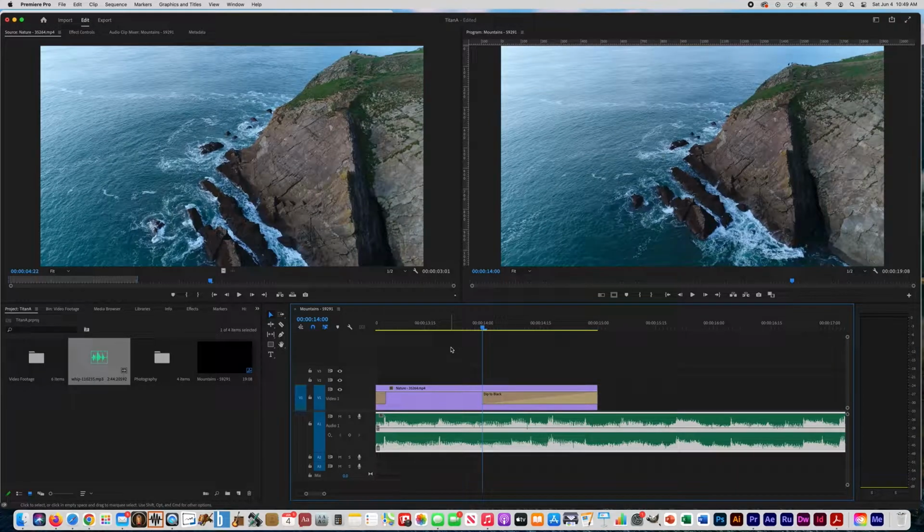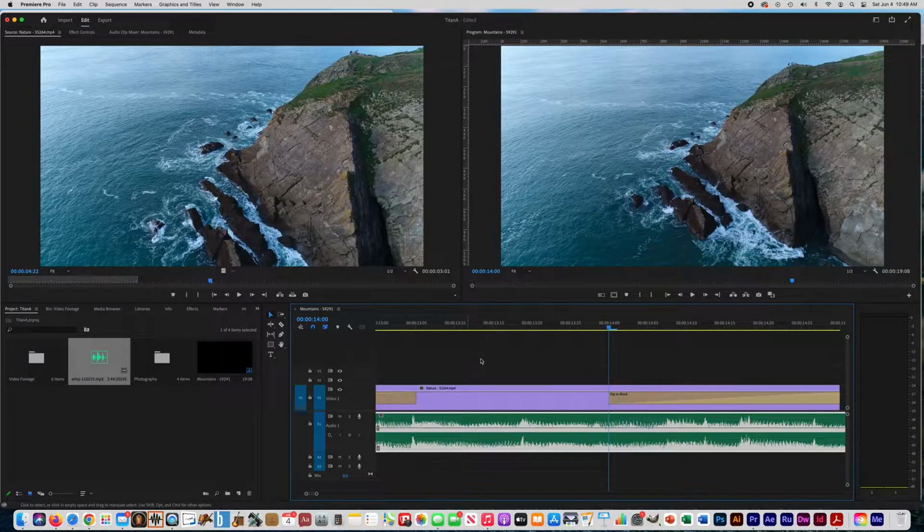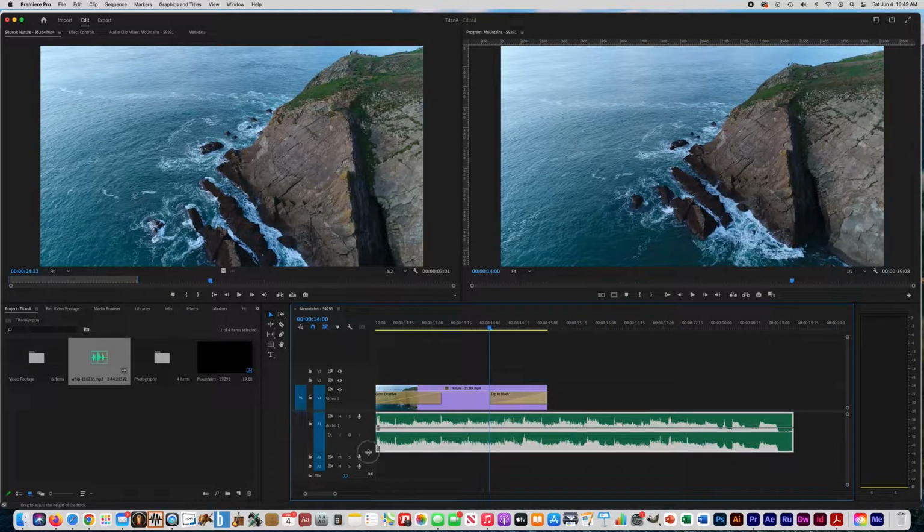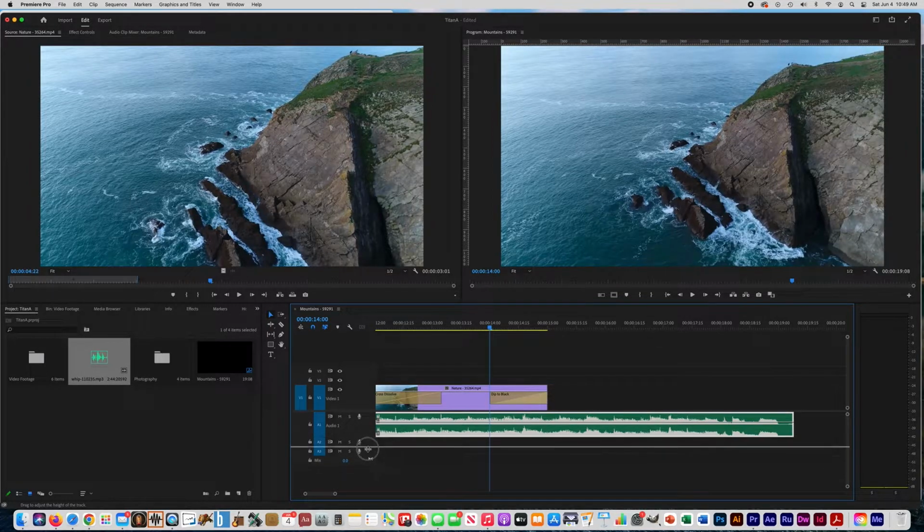Fade out is a really easy thing to do. So I'm over here in the timeline and I did plus to zoom in a little bit. You can do minus to zoom out. And I also have this here so you can drag it to be a little bit bigger so you can